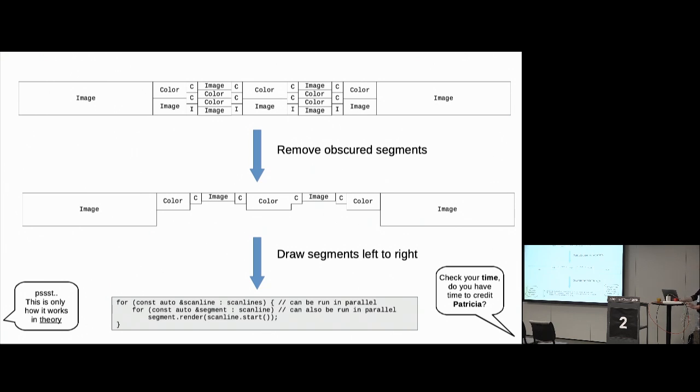The cool thing about this algorithm is that it allows you to do perfect overdraw optimization, meaning that whenever you have something drawn on top of something else, which is typically a performance killer for software rendering, this algorithm allows you to walk through the scan line and remove everything which is drawn on top of afterwards. That's very cool, because when you have a lot of complex graphics on top of each other, you have perfect obscurity culling, which is what I call it. You can draw from left to right never touching a single pixel more than once.